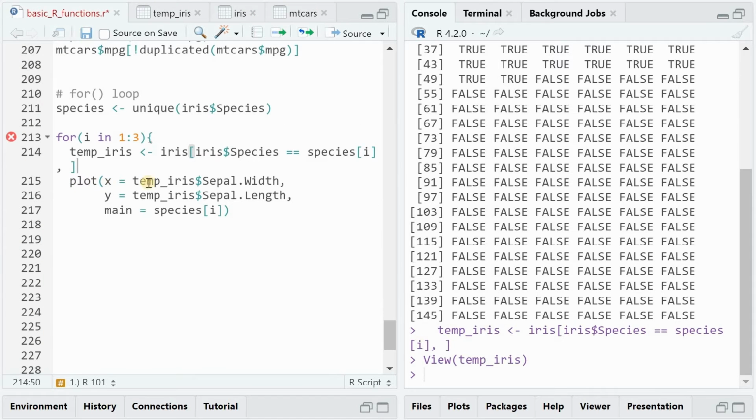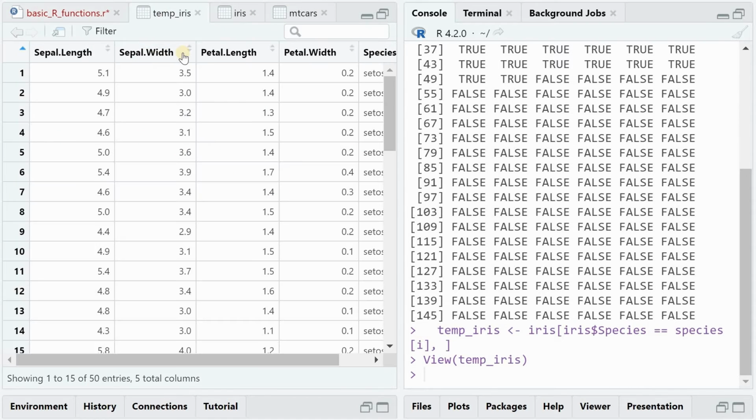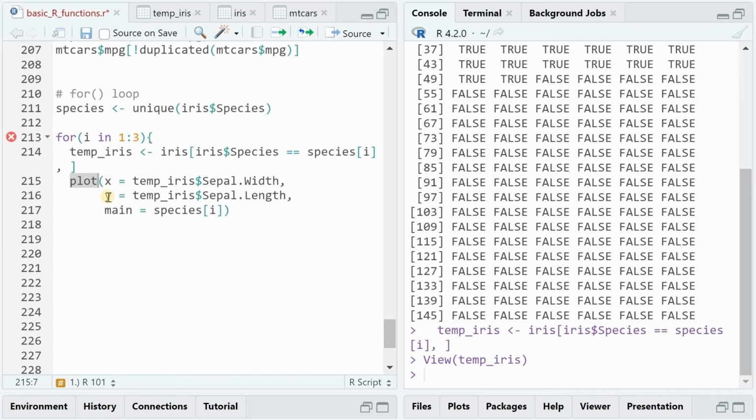And within this loop, I want to plot the sepal width versus the sepal length. So the first 2 items using the plot function are the x and y values. And with main, you can give it a title, which is handy to use the name of the species that you're currently looping through. Then you close the bracket, and now the for loop will go and set i to 1, 2 and 3, therefore selecting a different species each time, creating a different temp iris data frame, and